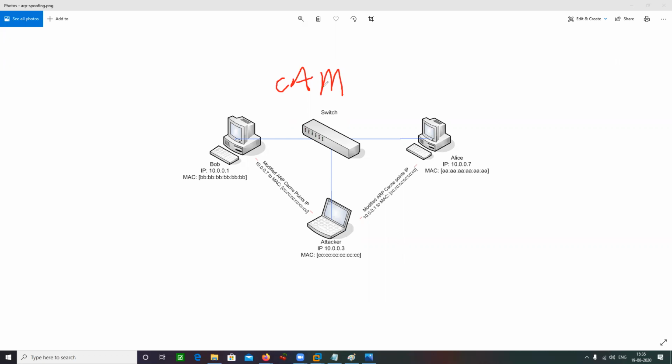No one? Okay. So what happens in case of CAM table flooding is, one more thing, the full form for CAM is content addressable memory.